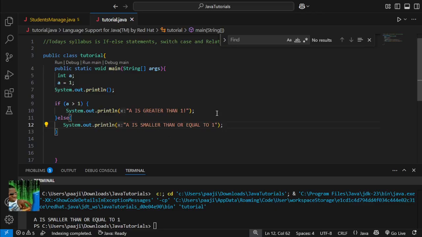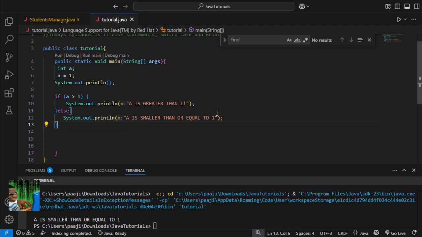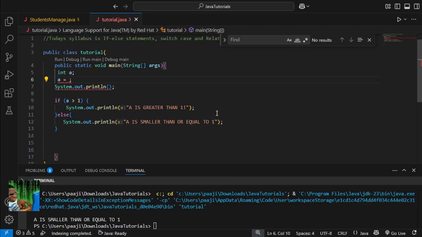Okay. Now this is it. And if I do a is equal to negative 1, then also a is smaller than or equal to 1. Now, instead of the else statement,